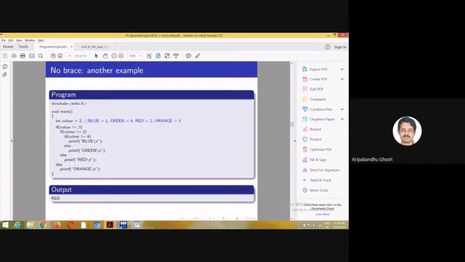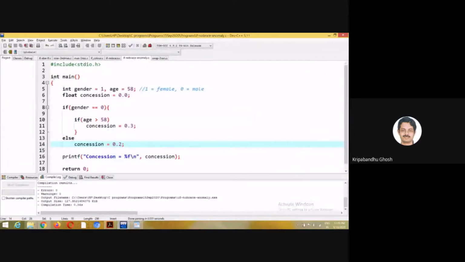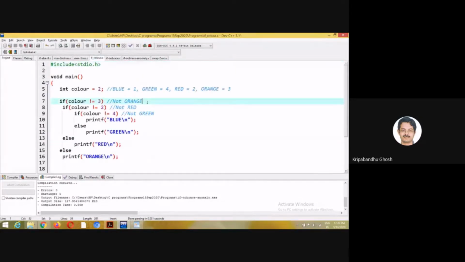So let's look at one more code where I have not used braces. This is the code, and try to understand it logically also. Suppose the indicator for blue is 1, green is 4, red is 2, and orange is 3.